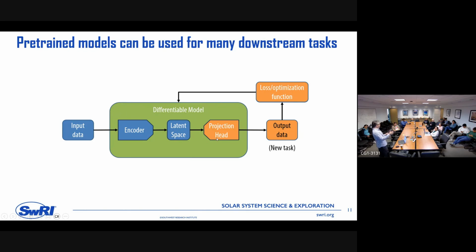So for a new task, for example, in the context of large language models, GPT is a pre-trained model. GPT, I think, stands for generative pre-trained transformer or something like this. And that is a model that has been pre-trained to understand language.